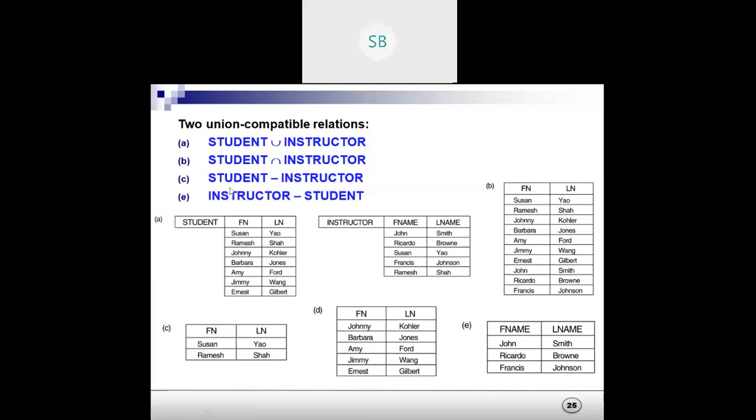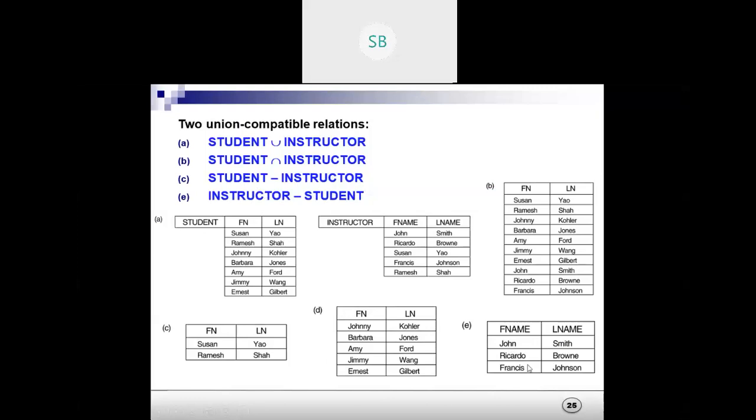If we do student minus instructor, we get a different output, because all the tuples present in student but not in instructor should be displayed here. But instructor minus student means all the tuples in instructor but not in student will be displayed. So that is why it is neither commutative nor associative.